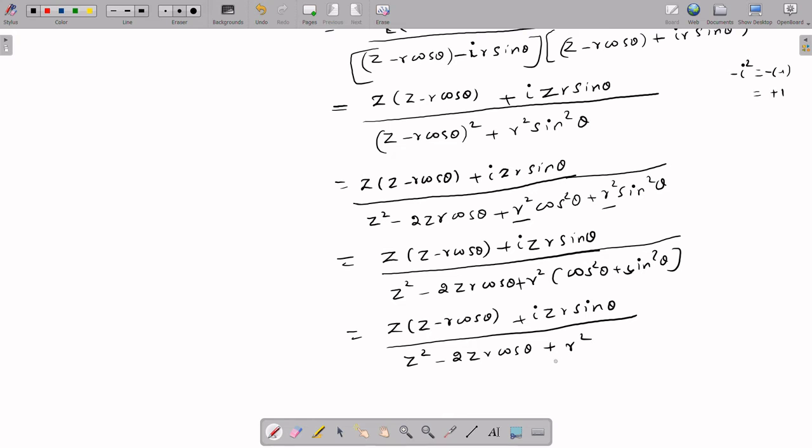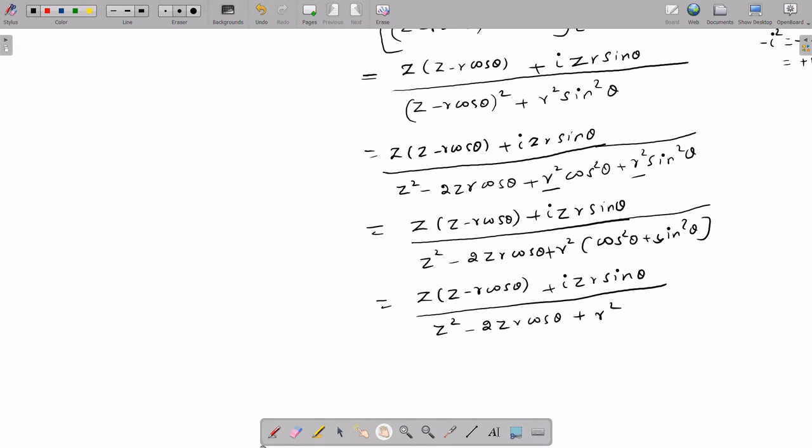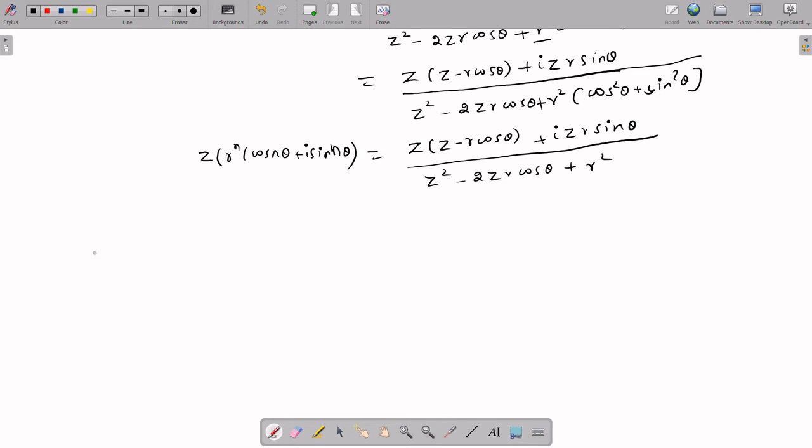Okay, so what is your left hand side? This is our left hand side: the Z transform of r power n cos n theta plus i r power n sin n theta, isn't it? Now we have to compare the real and imaginary parts. Comparing real and imaginary parts, we have